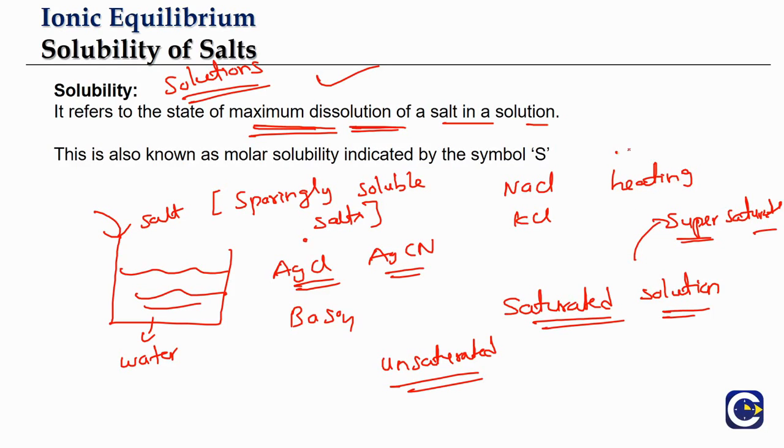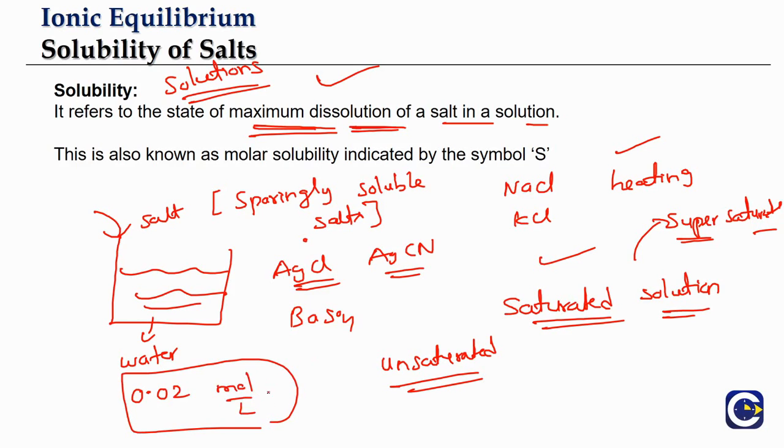The idea of heating. We'll be calling such solutions as what? Supersaturated. So here we are talking about what? The saturated solutions. In a saturated solution, we have the maximum amount of the salt dissolved. Let's say, for example, and I'm just giving one very vague idea, for barium sulfate the saturation amount that is dissolved is, say, 0.02 moles per liter. So this much is the amount of the salt we are able to dissolve per liter.